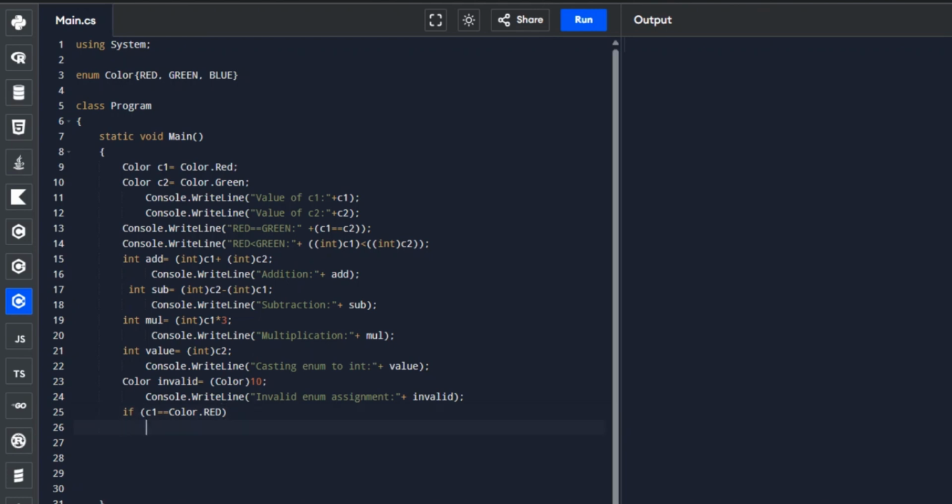Then after we compare if C1 equals the color red, then this line will display.